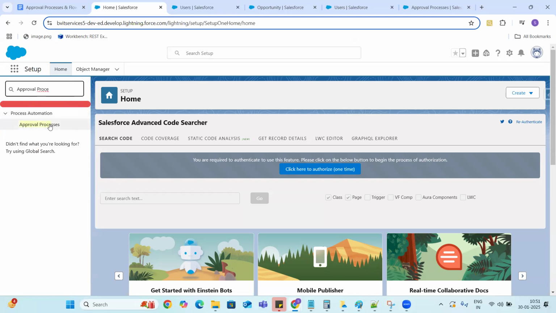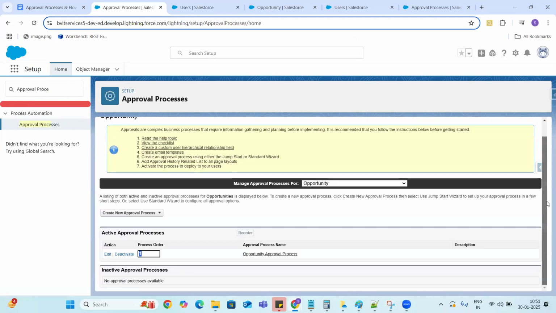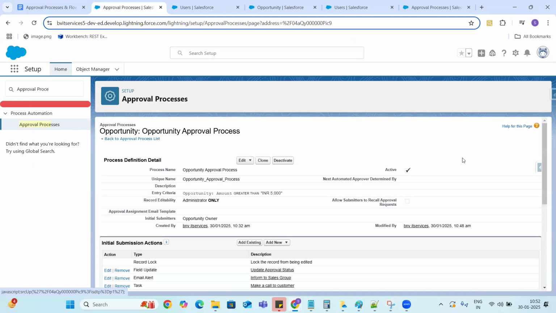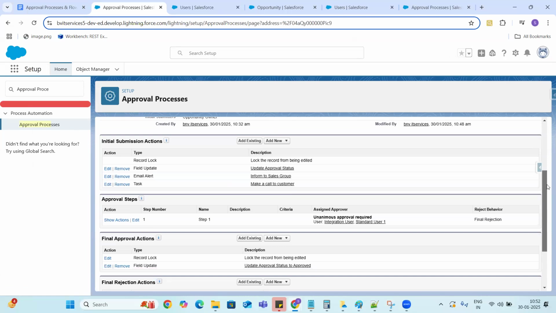Let me just go ahead and log in as standard one user. So before going through the working example, guys, any questions on approval process or its steps? Okay. Initial submission actions or steps.